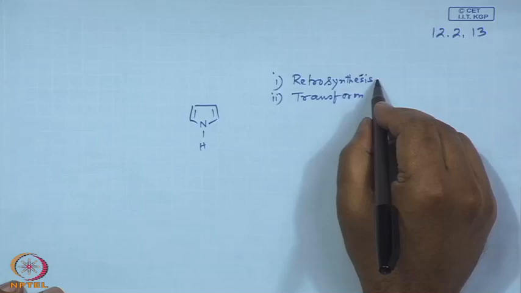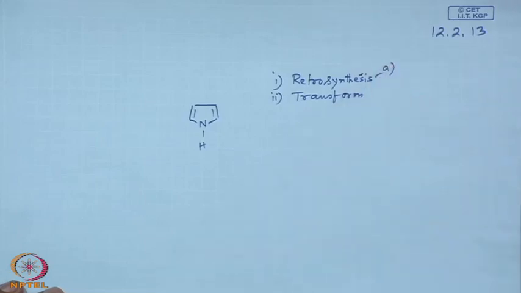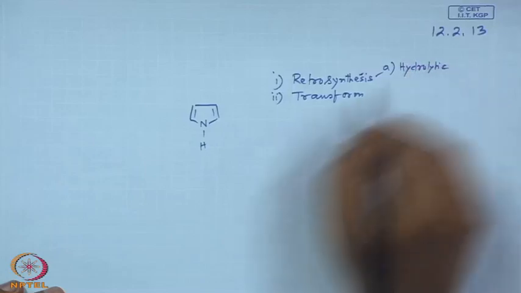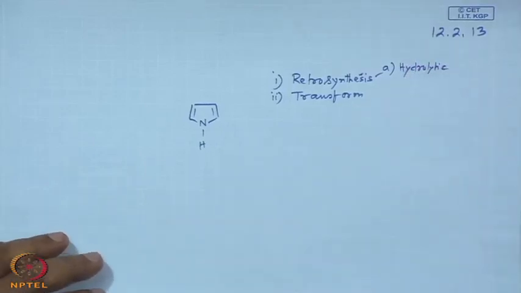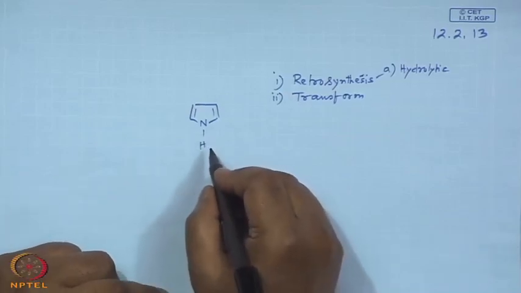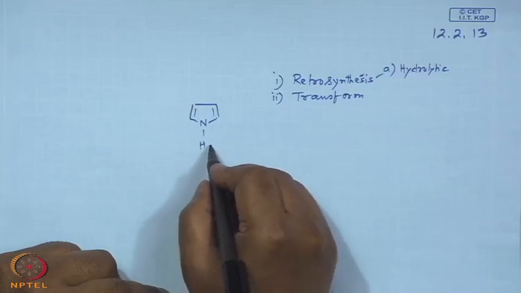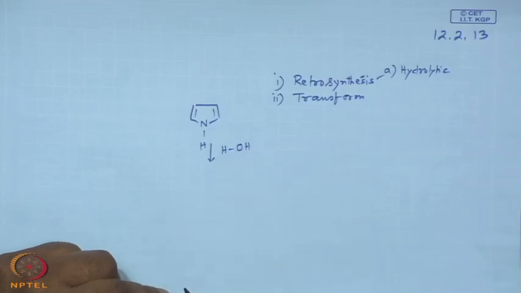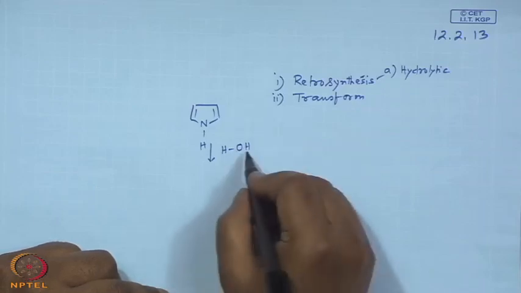So, which one to choose, I mean for example, if you have attended my synthesis class, if you remember, my first clue about the retrosynthesis is, anybody remember, hydrolytic cleavages. So, what do you do? You just choose any one bond, especially the one that is attached to a heteroatom, just hydrolyze it. That means, at one point you have to add hydrogen, other point you have to add OH, result would be